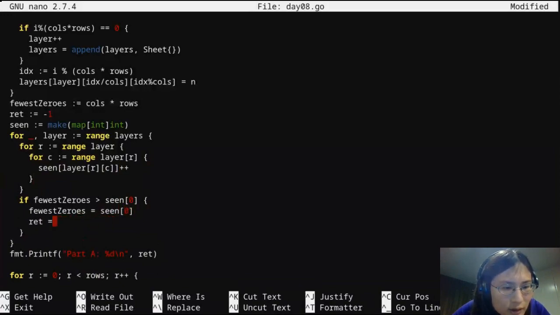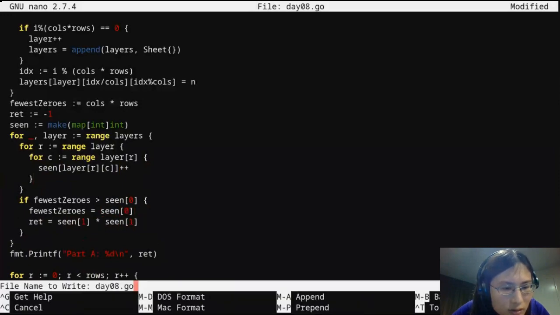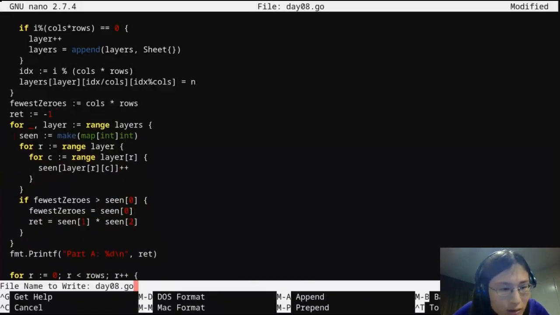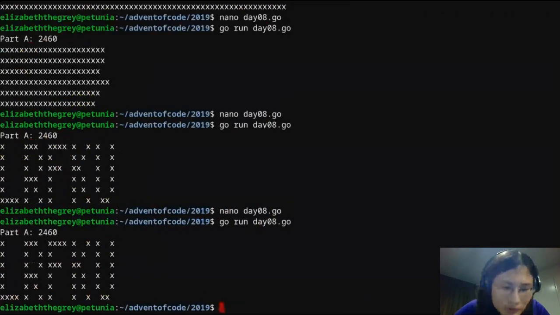I think that's cleaner. I think that's better. Yeah, that's better. Still yields 2460. Yep. Good.